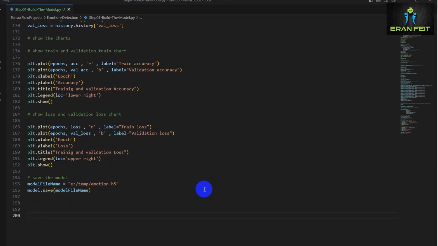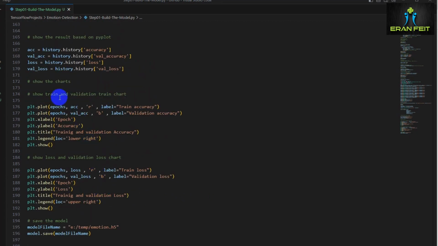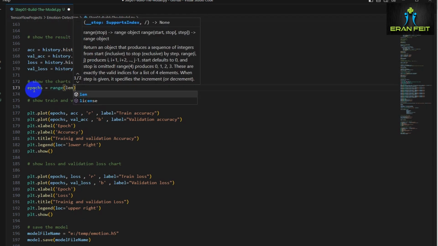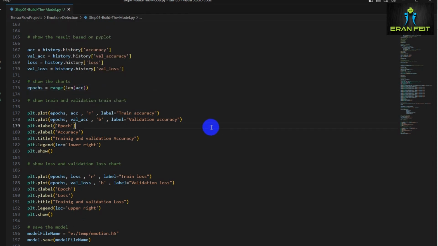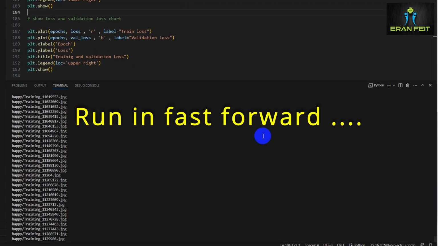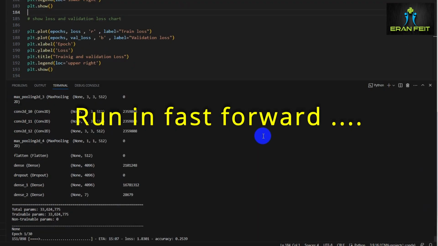I can see now that I have a mistake. The epochs is not an integer value. We have to replace it or update it. In the chart, it should be a value between 0 and the number of epochs, so we will define a range of the length of the accuracy. That will be a list between 0 and the total of epochs. So now we can run the